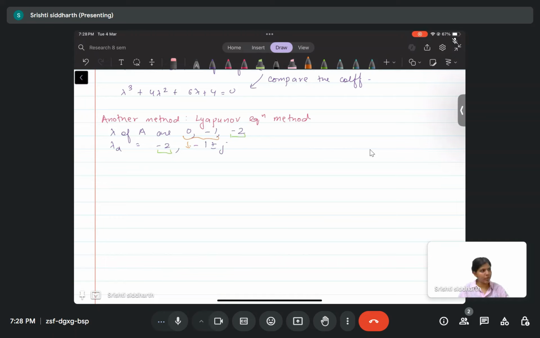It's capital F. So let's recall the theorem. So recall that if A and F have no eigenvalues in common, then the unique solution